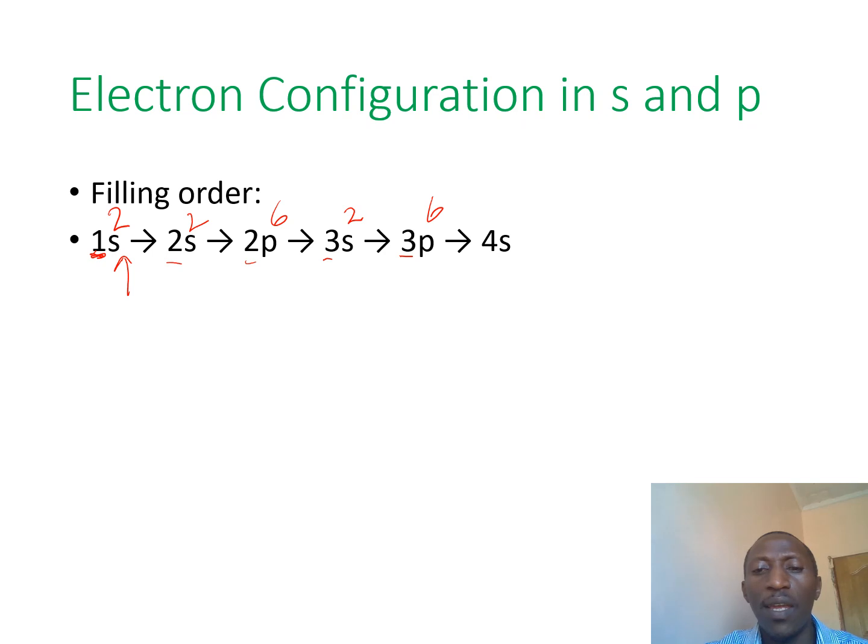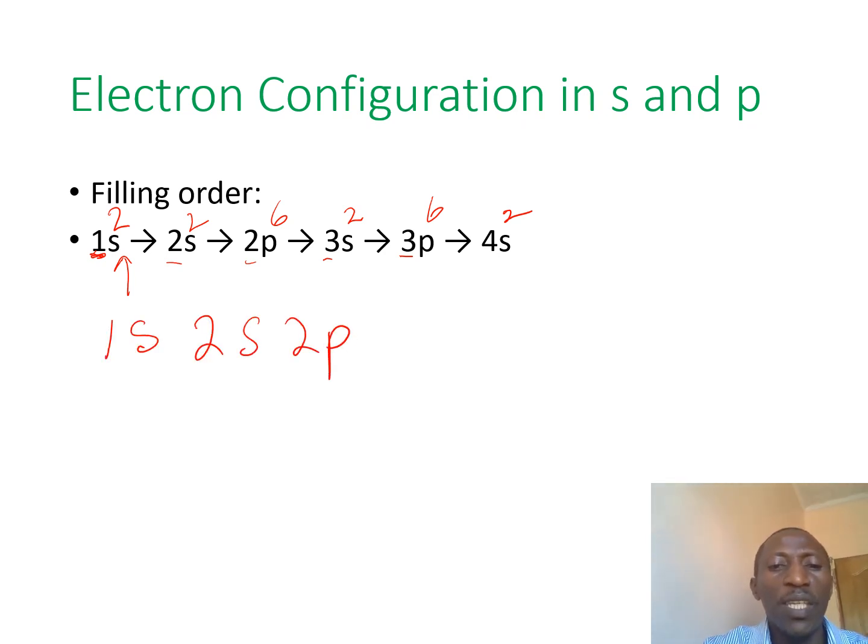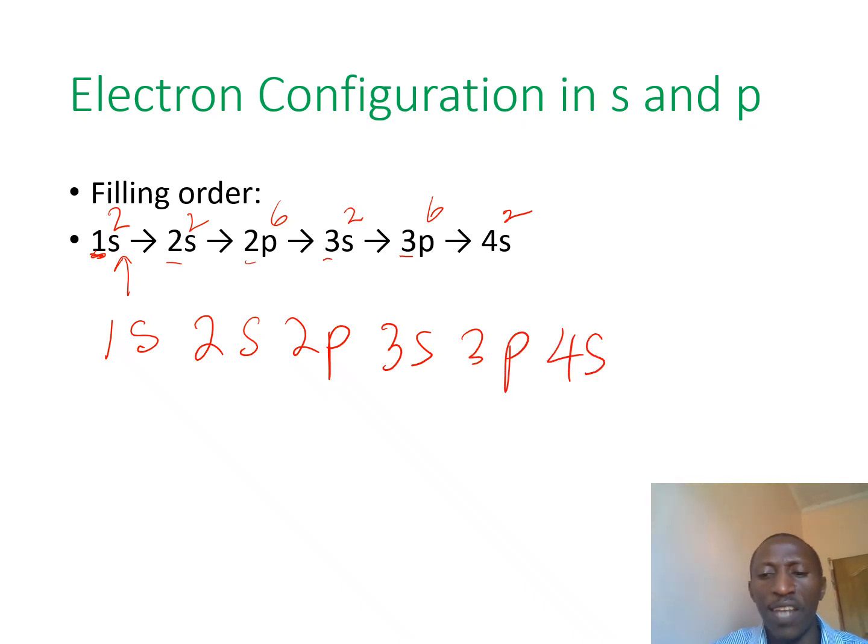And in the fourth energy level, we shall look at the s orbital holding a maximum of 2. And we are saying holding a maximum of, meaning if they are not sufficient, maybe you are at 3p and you have only 4, then you will show 3p4 and there will be no 4s. The 4s will be empty, so we usually don't show it. So that is the filling order. I want to say that again. We have the 1s, 2s, 2p, 3s, 3p, 4s in that order.